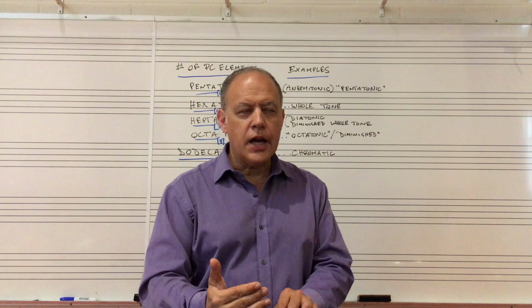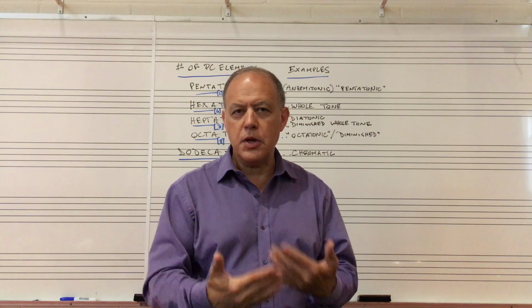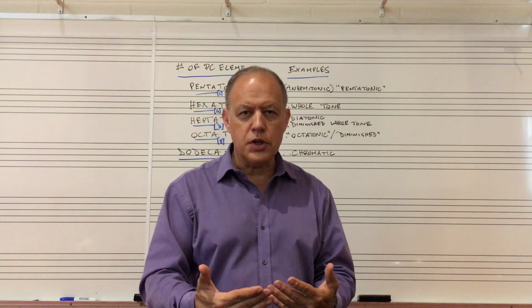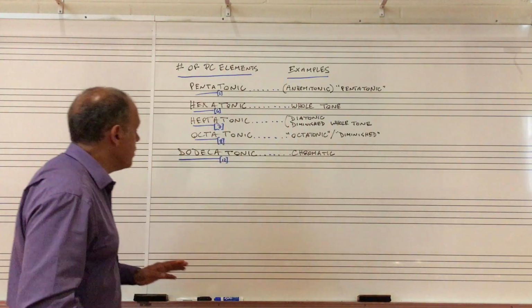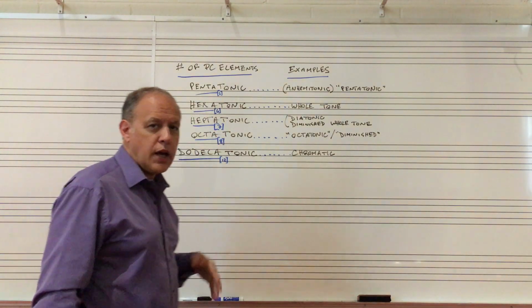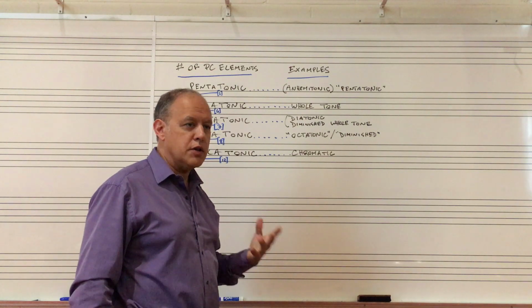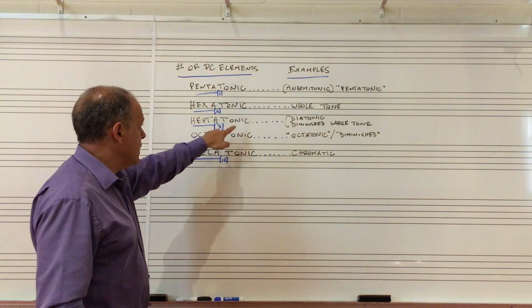And in fact, I can start to create a map using that idea of the number of pitch class elements each mode is working with and organizing in a particular way. So what I've drawn on the board is a whole series of these things. PC is just the shorthand we normally use in music theory to describe pitch class. So number of pitch class elements: heptatonic,